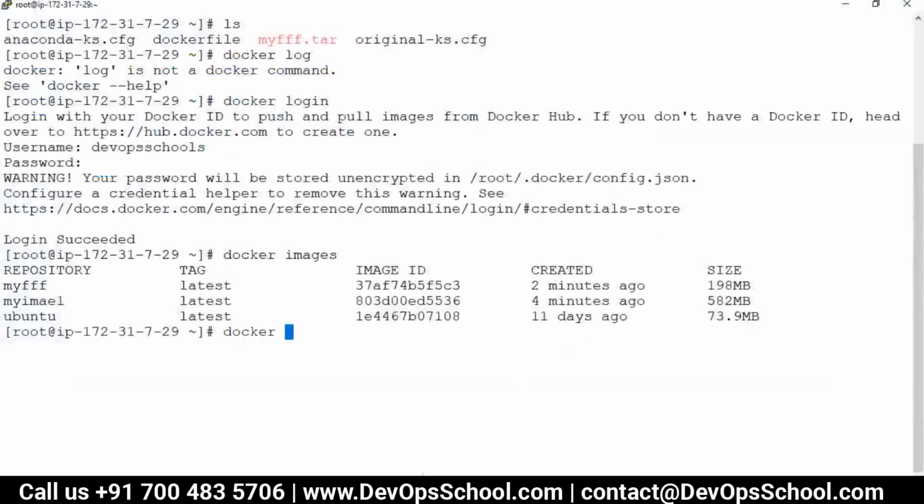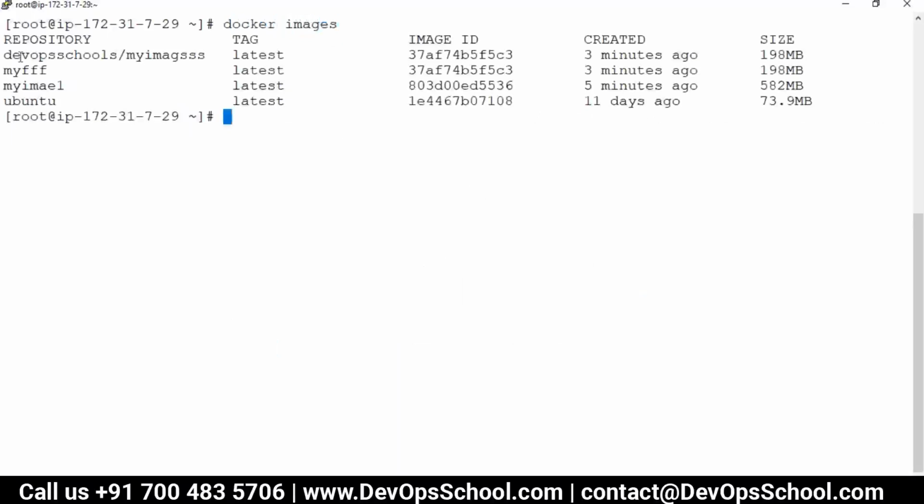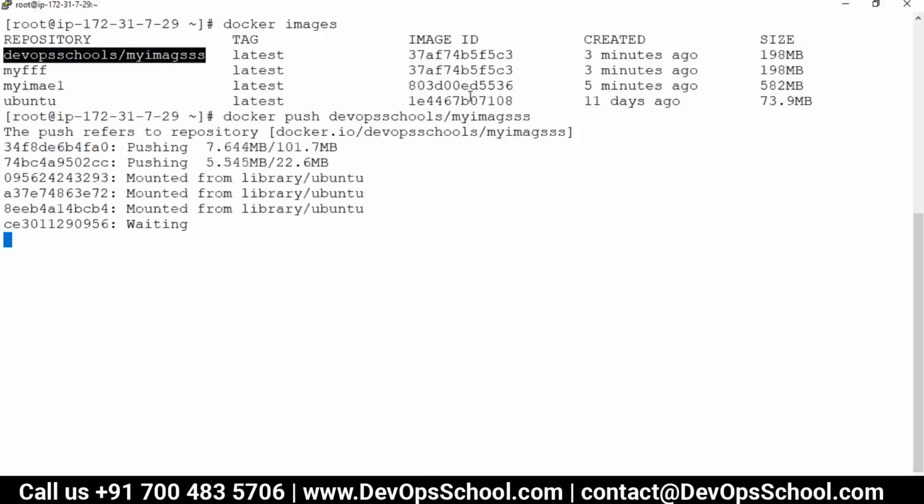So what I'm going to do is tag it. docker tag, what is this? My image to this one. And you see here, I tagged a different name but the same image. See here, this one, same image ID, this one, same image ID. Now I'm going to push this image, and that's all. Now anyone in the whole world who wants this image can pull it, run it, use it, and give me feedback. This is how you develop an image of your applications, and you can share it with the whole world, or your team.